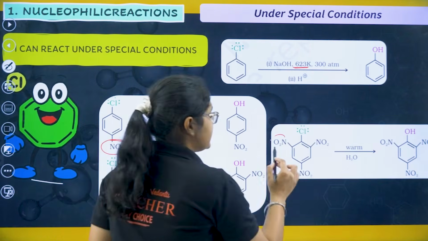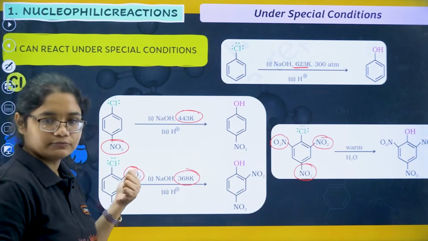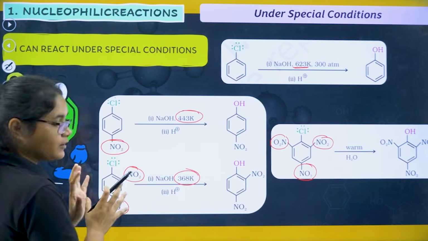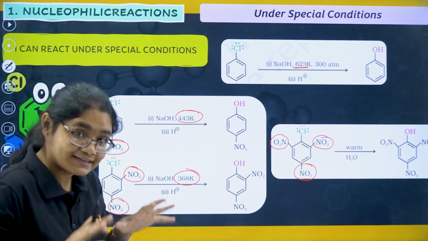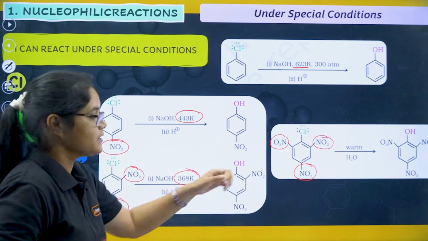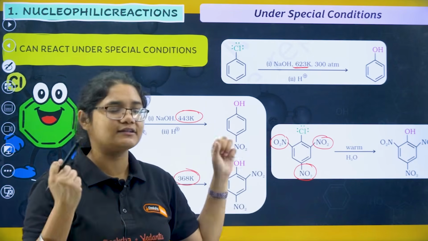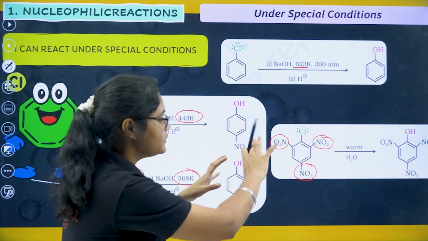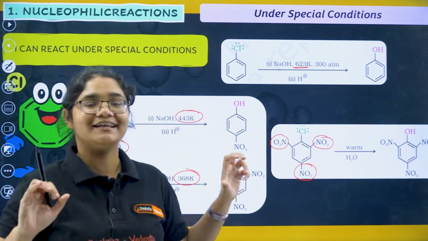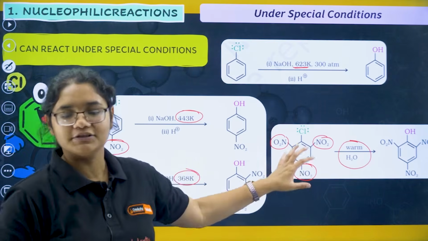If I add 3 electron withdrawing groups, see, here you have made it a little bit poor, so the nucleophile will help a little. Here it is more poor, right? The electron density has decreased much more, so the nucleophile will help easily at a lower temperature. Here you have completely robbed this benzene ring, okay? It has no electrons of its own. All these 3 NO2 groups have robbed the benzene ring, stolen all its electrons. So what will happen? With just a little bit of water also the reaction can take place.